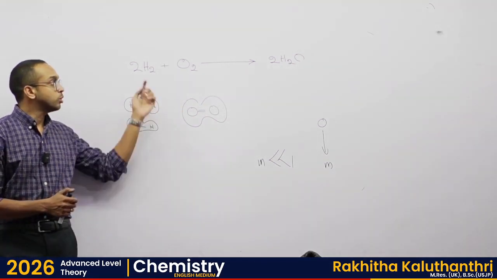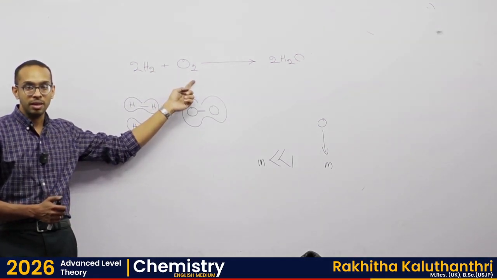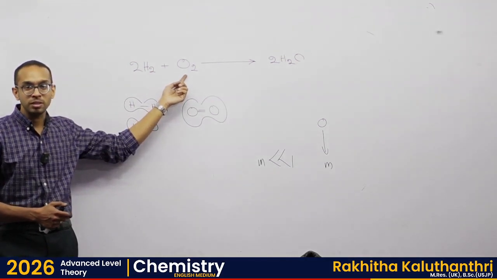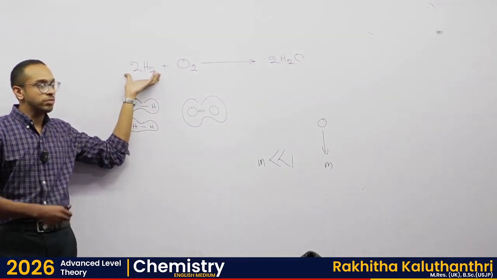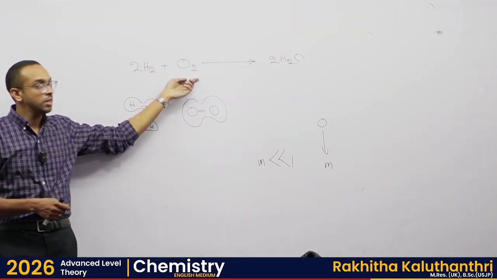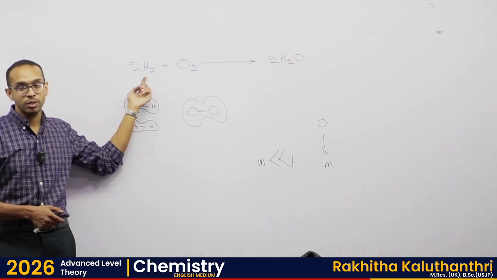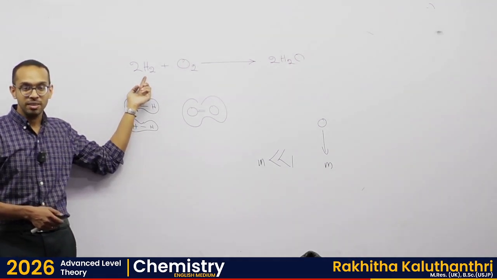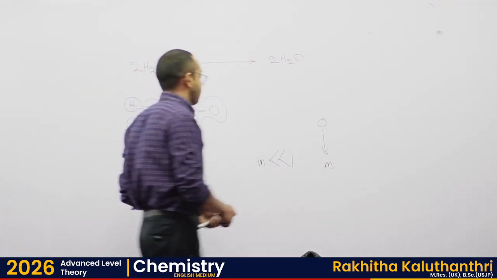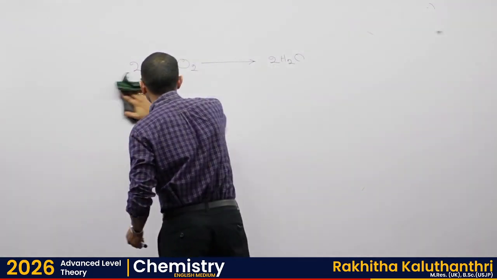Now imagine if you don't use the right proportions, one of these two things is going to get wasted, right? Imagine you have 500 molecules of this but 2 molecules of this, then so many molecules of this is getting wasted, right? Because with these 2 molecules there can only be 4 hydrogens reacting. Rest of the 496 molecules are wasted. Do you understand? So they realized, okay, we can't work with these very tiny atomic mass numbers, so we have